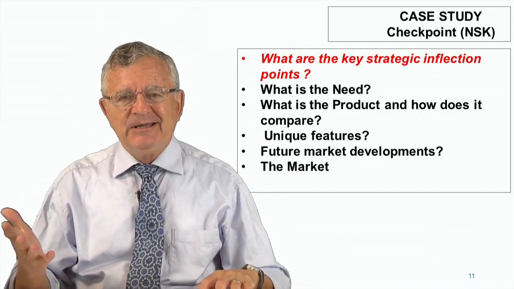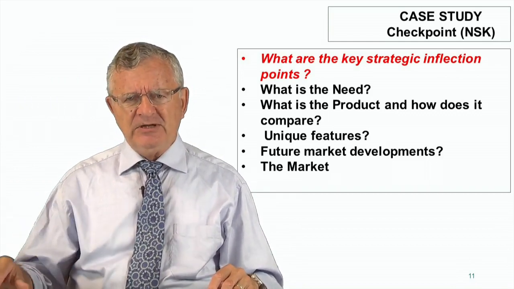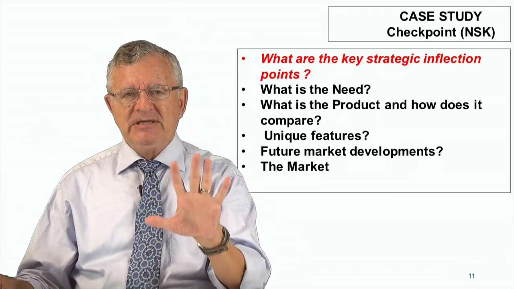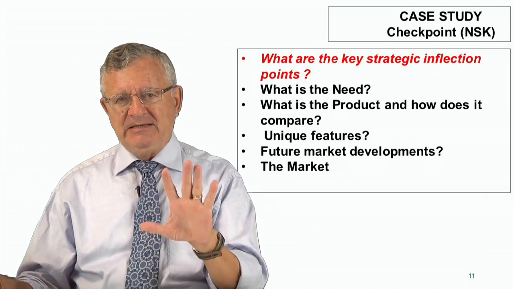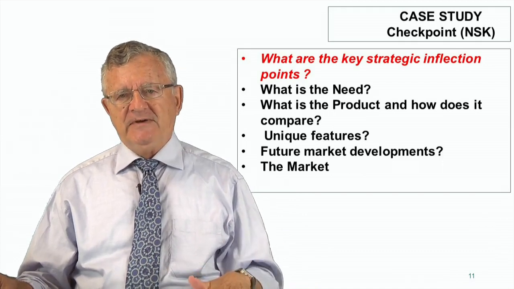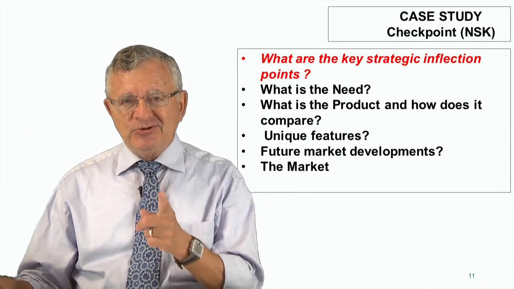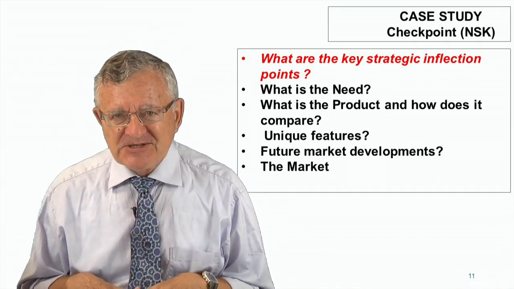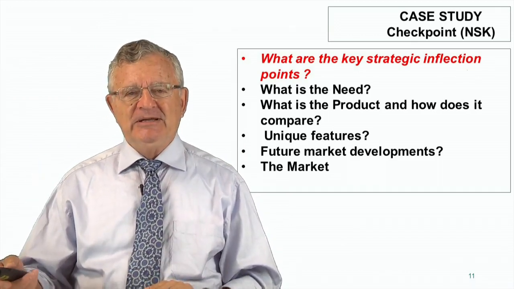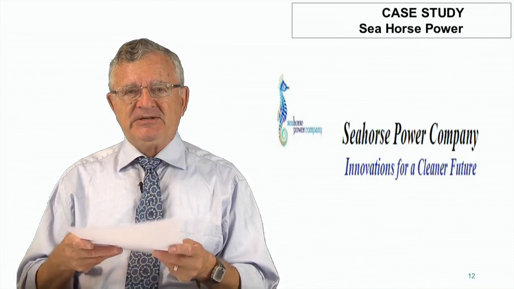And finally, the market. Who will buy it? How large is the market? How many can we sell? What price? What's our revenue? Those 5 elements, those 5 key points, comprise a basic business plan. The business plan that started Checkpoint was written in 1993. Fast forward to 2015, 22 years later, a market-leading company. You too can do this. You can write a winning business plan, implementing your idea, and in 10, 15, 20 years, you too can have a market-leading company.